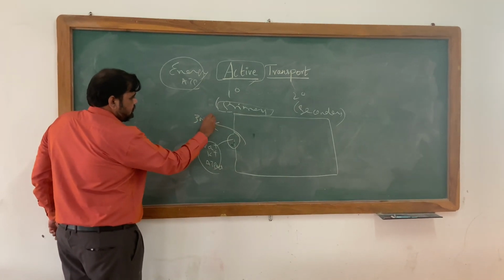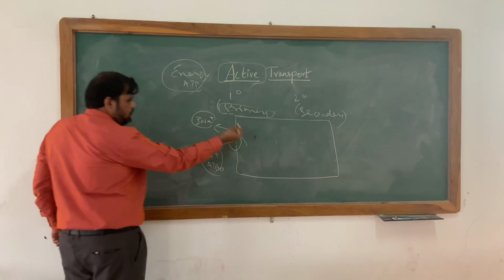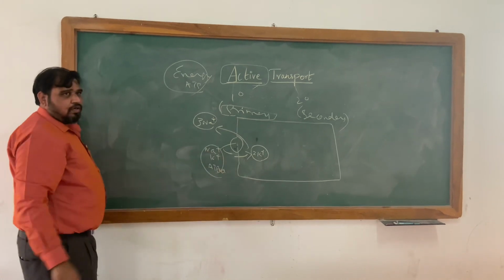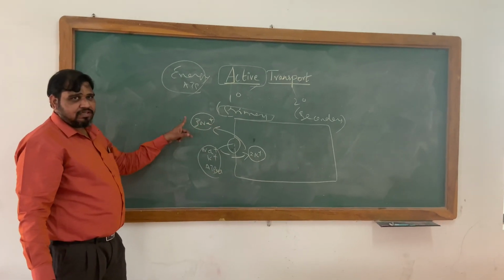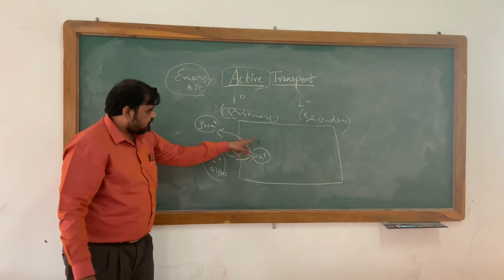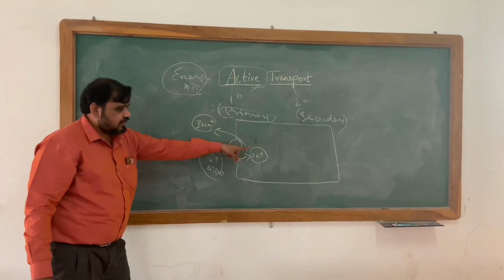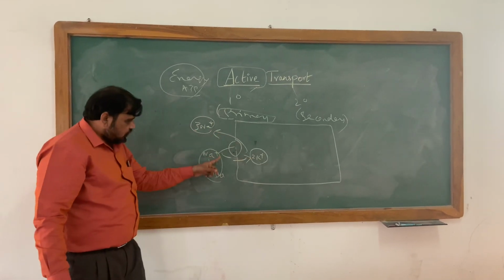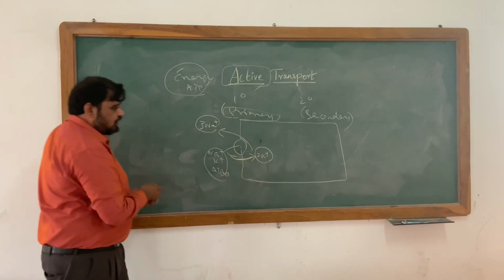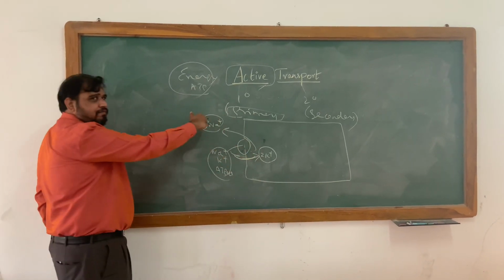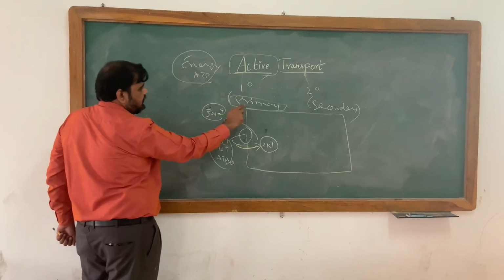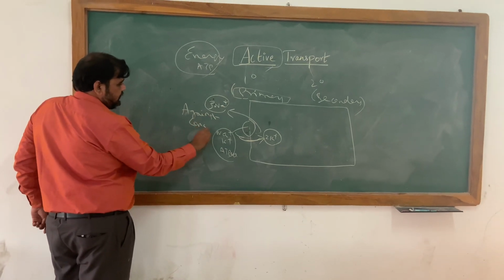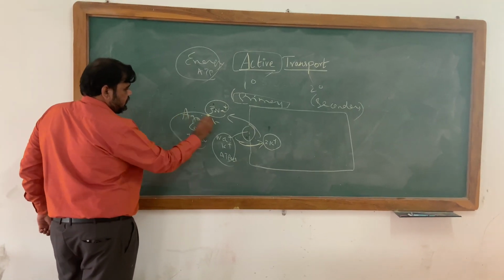Three sodium is going out from inside the cell to outside the cell, and two potassium is coming inside the cell. We all know that sodium is present more outside, in the ECF, but still the sodium is going from inside to outside, against the concentration gradient. Likewise, potassium is present more inside the cell, but still potassium is coming inside the cell. Or otherwise, where it is present more, there it is coming more. That is against the concentration gradient. That's why it is called primary active transport.